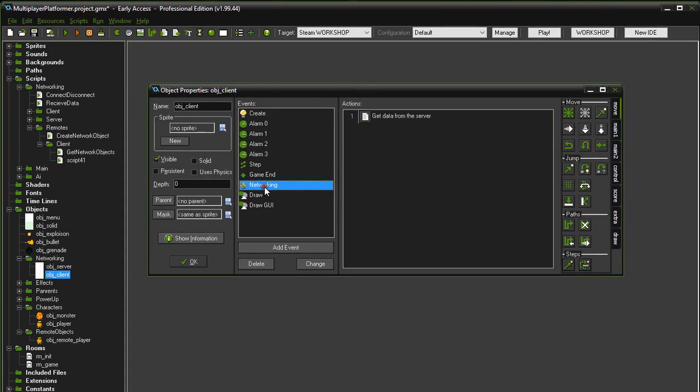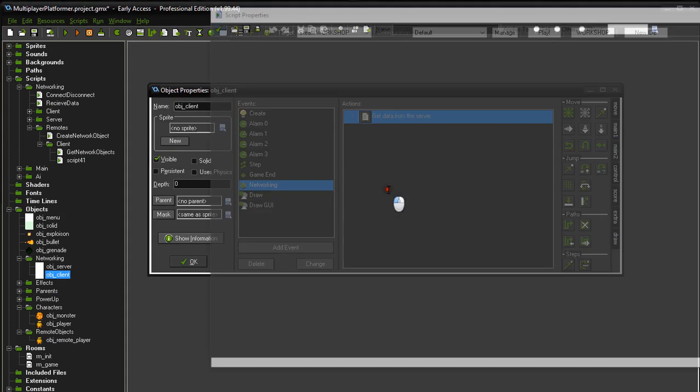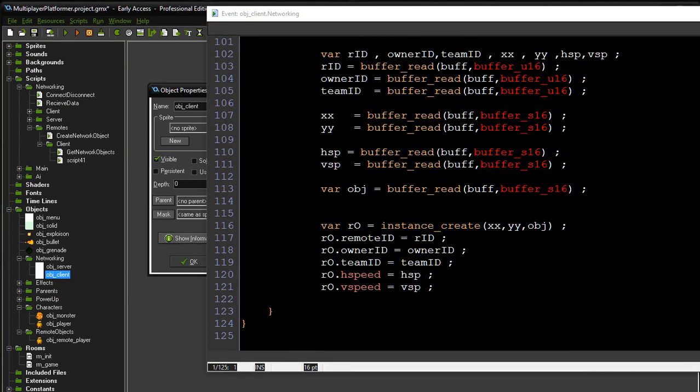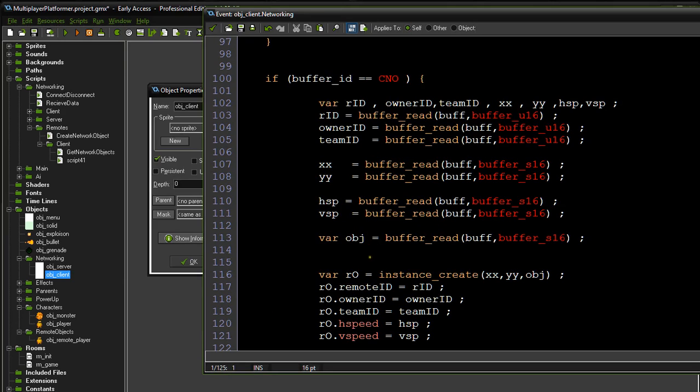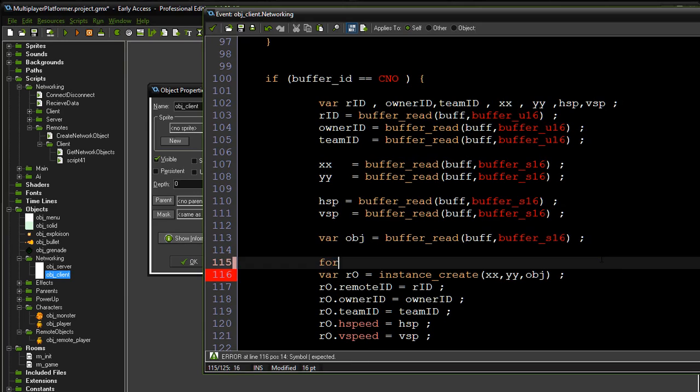It's actually not a change, but where is it? It's working. I think it's the last. Yeah. So here, before creating the object, we need to make sure that the player doesn't already have a player of the game. So what we're going to do